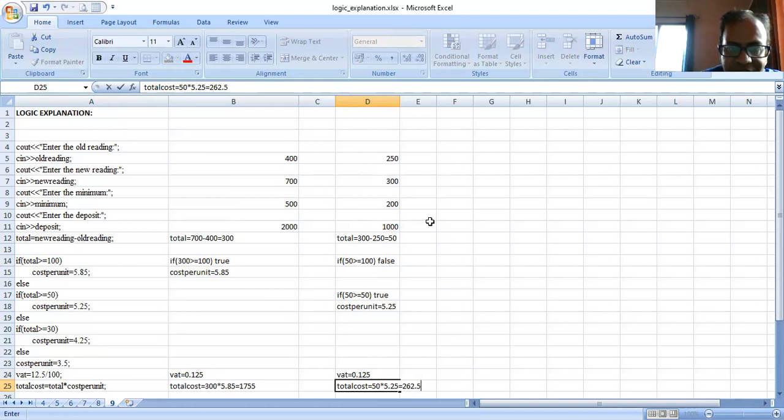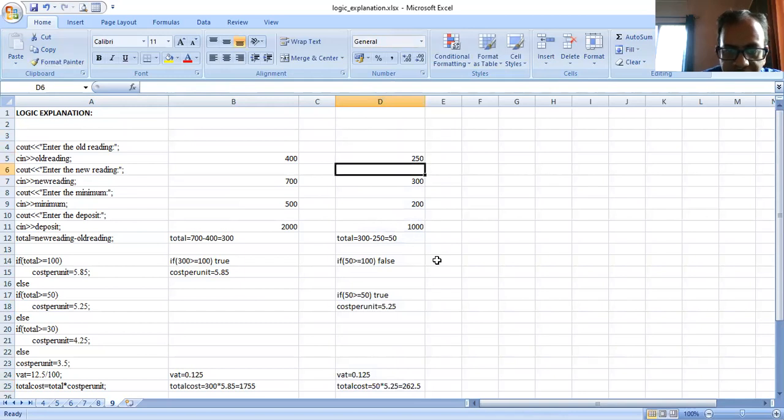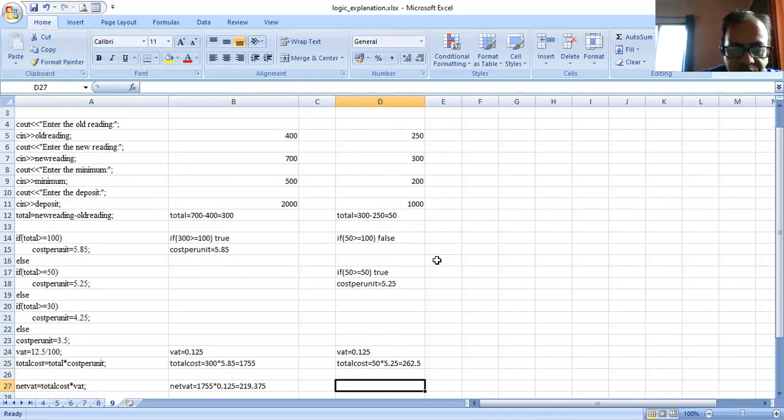This will get calculated automatically by the program. Now we are tracing, so I've done a manual calculation here and got 262.5.